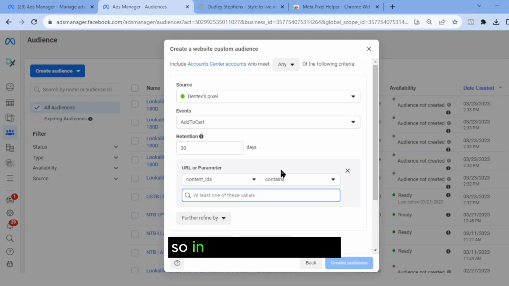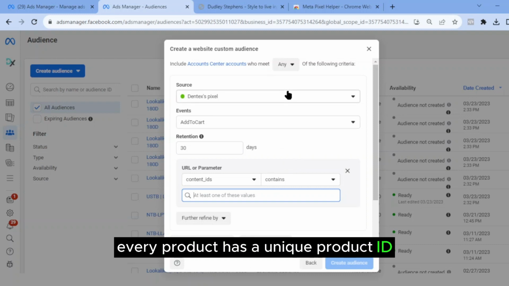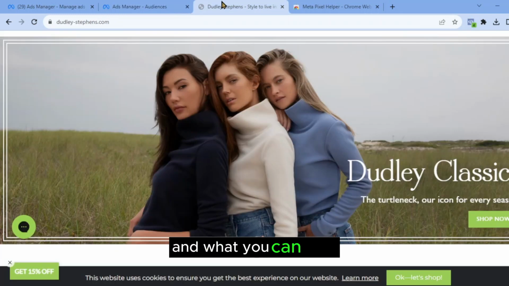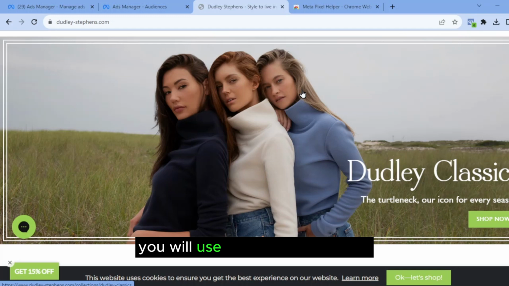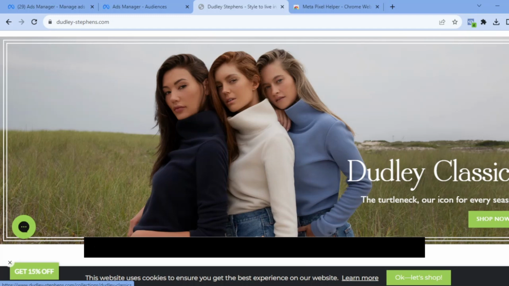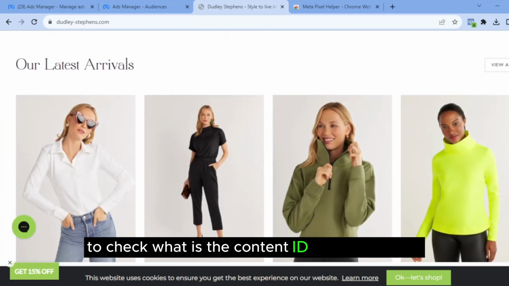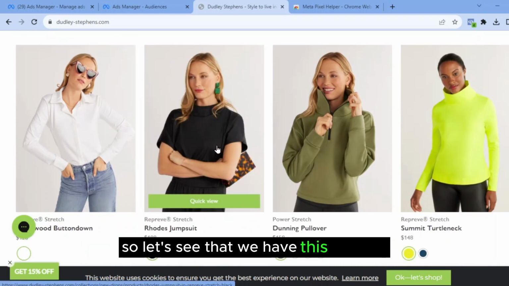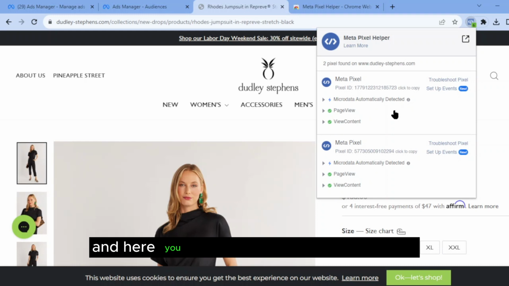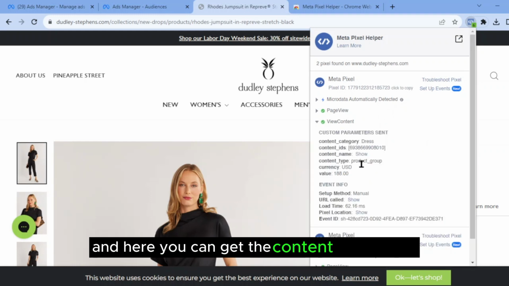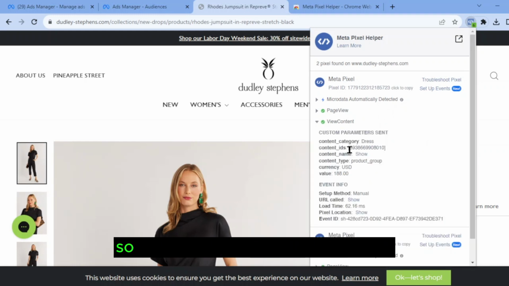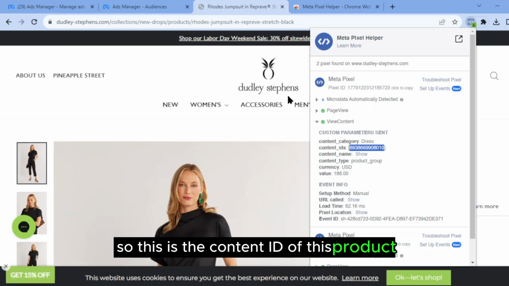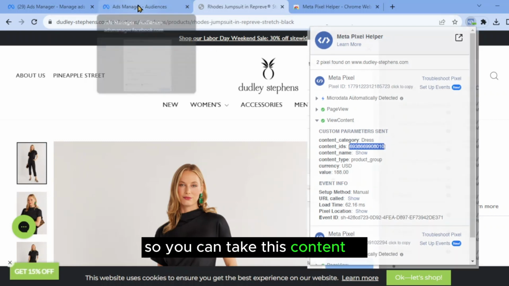In an e-commerce store, every product has a unique product ID, and what you can do is use Pixel Helper to check what the content ID of the products is. So let's say that we have this product, and here you can get the content ID from this. So this is the content ID of this product. So you can take this content ID